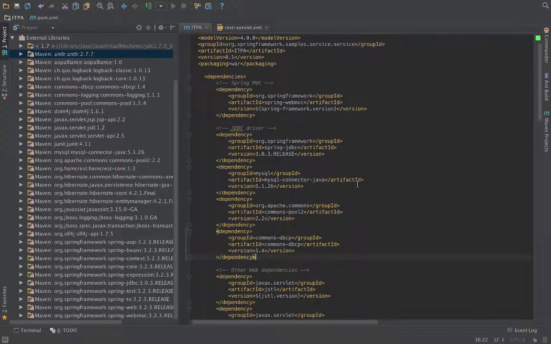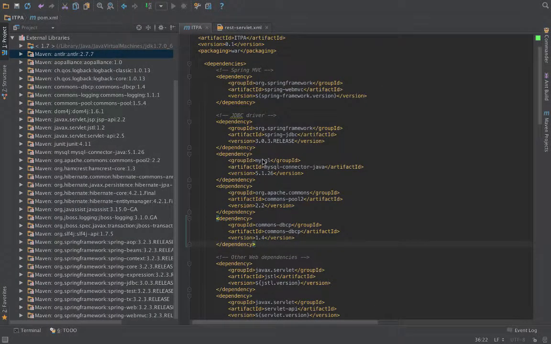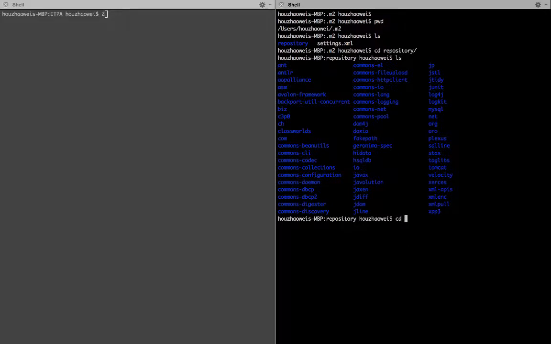And you may ask another question: where did Maven download these libs into? So the answer is they are in your local file system. Maven by default will download them into your home directory. There is a hidden folder called .m2, and if you enter this directory, you will see a repository folder, and take the MySQL jar for example. You can see that the group ID is MySQL, the artifact ID is MySQL connector Java, and the version is 5.1.26. So there must be a MySQL folder and a MySQL connector folder, and you can go to